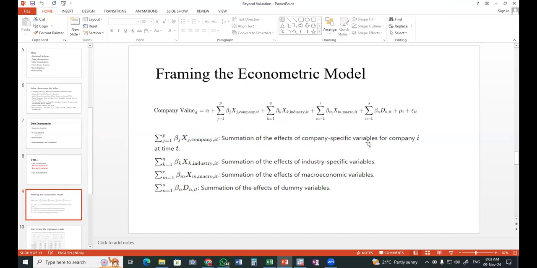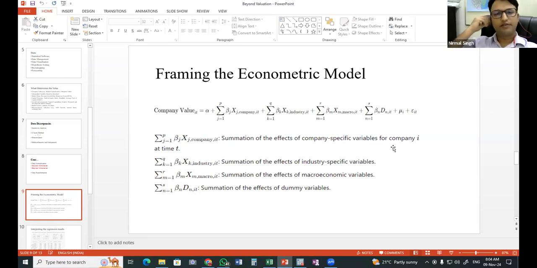When you say independent and dependent, there is some sort of weightage given to something more. Independent is given more weightage? Yes, sir, when I will be running this model, that model will take care of how much weight we will be giving to one particular, say, company specific variable or industry specific variable. Whatever coefficient we will be getting will tell how much impact one particular variable, whether it is industry specific or company specific, is having on the valuation of the company. So that will be the weight. The coefficient value will tell us how much it is impacting the valuation of the company.